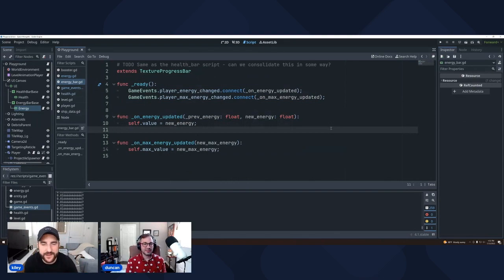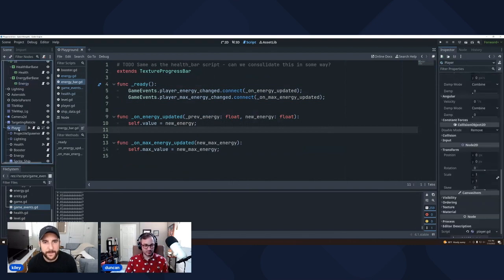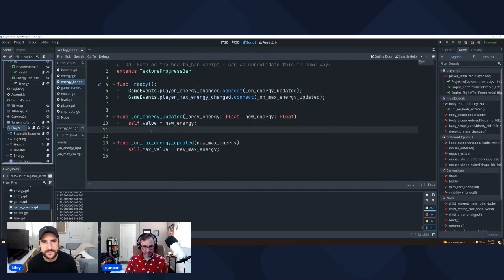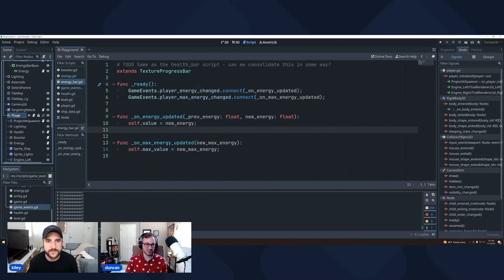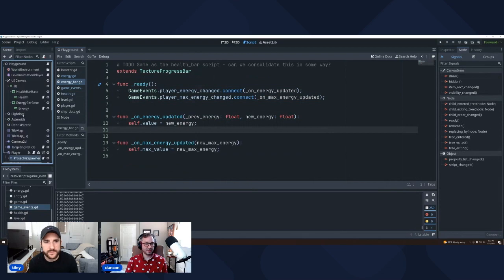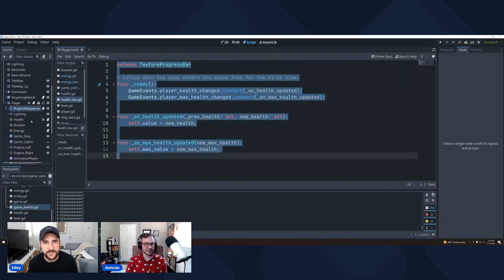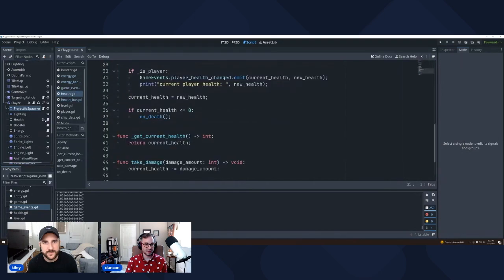Yeah, and the way that I've set it up is kind of a global way, so you probably wouldn't want to do most of your things this way. Most of it is designed for nodes to communicate, generally speaking, back up to the parent node, right? Basically, if we look at the health component, you can see there's a little signal icon, right?